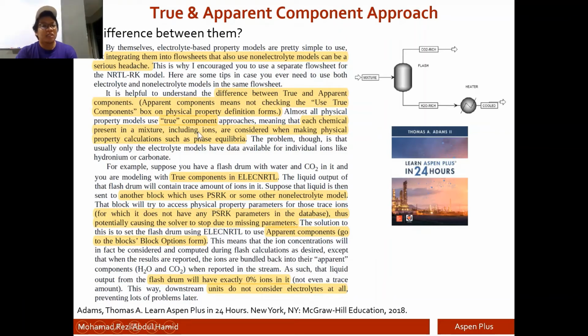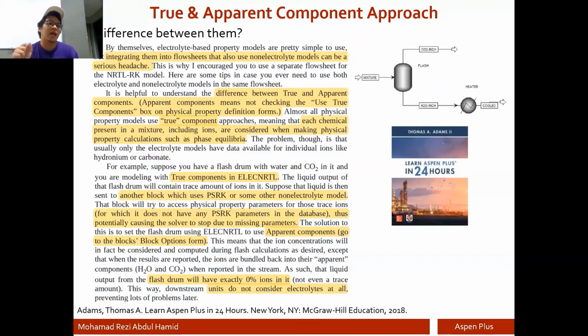But when Aspen Plus has finished calculating the result, it will not report the flow rate of the ions. Instead, it will combine all of the ions, for example, sodium chloride. You have sodium plus and chlorine minus. Aspen Plus will not report the ion flow rate, but instead will combine all of the ions together along with the sodium chloride